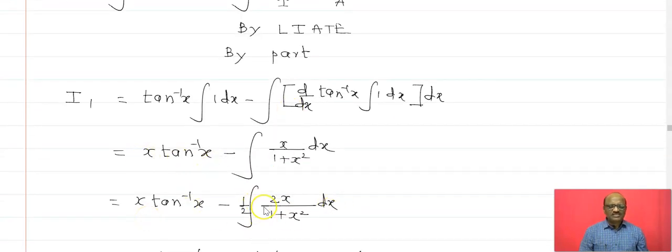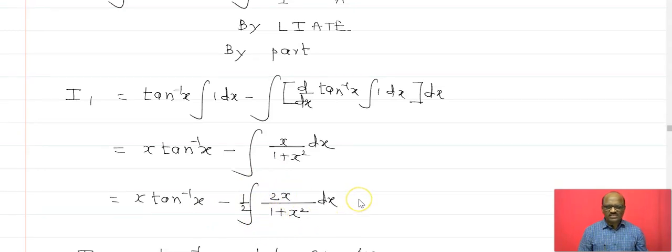Now see this here. This is one of the important integrations. Many people will say that you only explain, but your observation is very important in integration. x upon 1 plus x square. How can we write it there? It is f dash of x upon f of x. What is f of x? 1 plus x square. What's its derivative? It's 2x. Therefore, we'll adjust 2 in the numerator and the denominator. Therefore, minus 1 upon 2 integral of 2x upon 1 plus x square into dx.